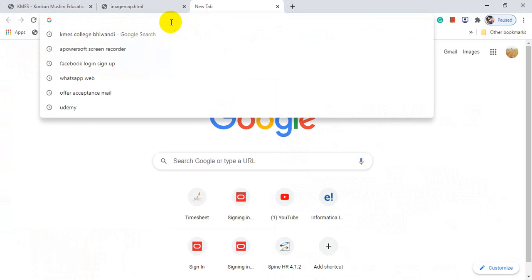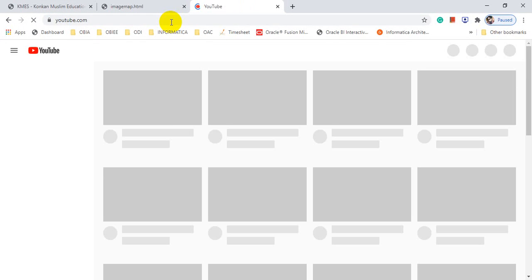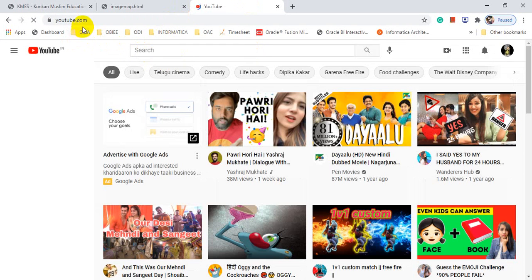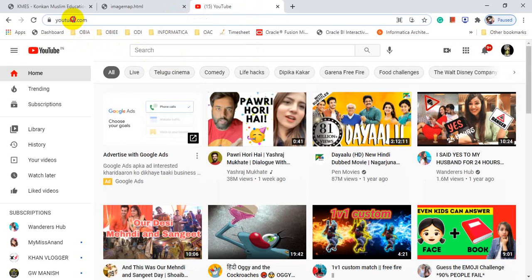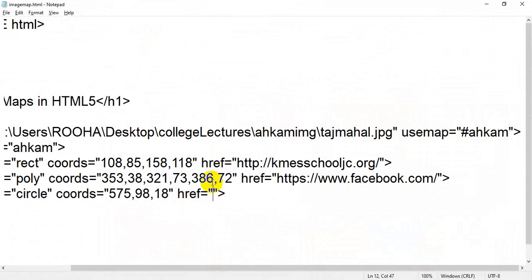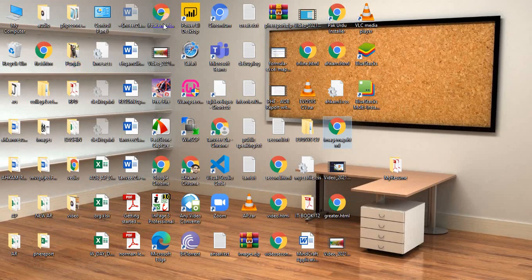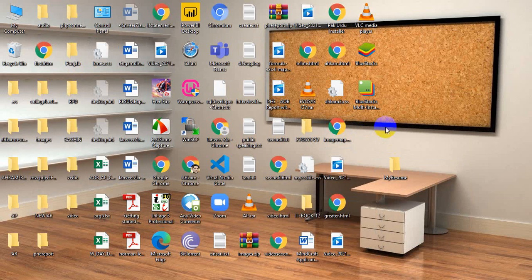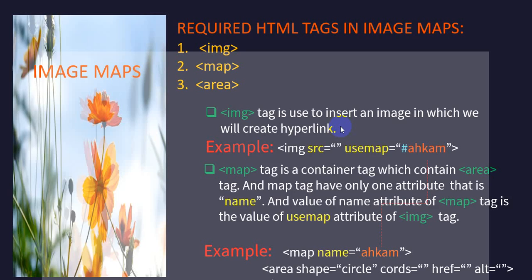For example, I want to open YouTube. So this is my YouTube account, and I will copy it with Ctrl C and paste it over here. Let me save the file. Now I am going back to my browser, to imagemap.html. Let me open it.